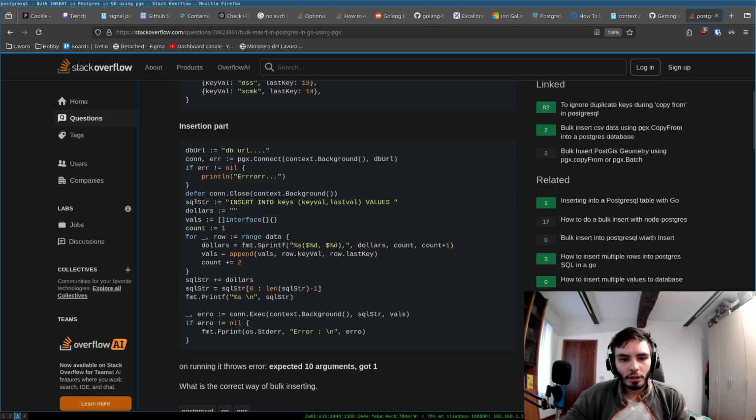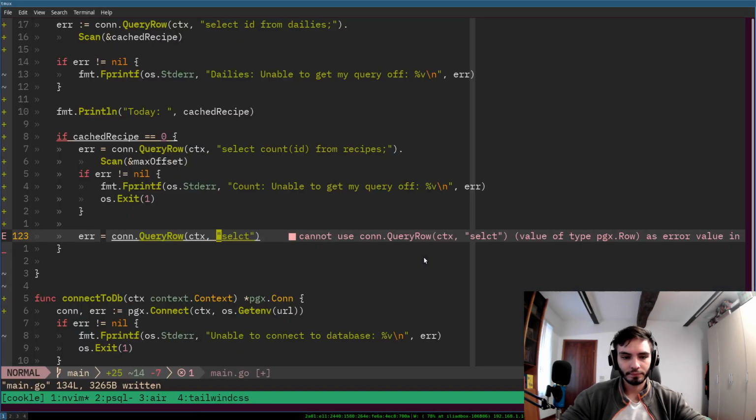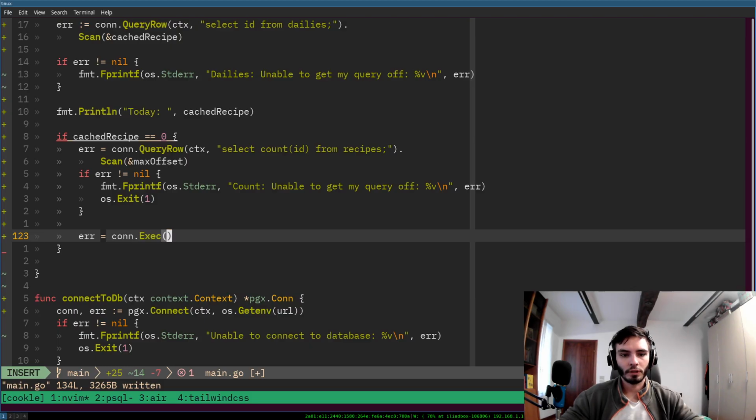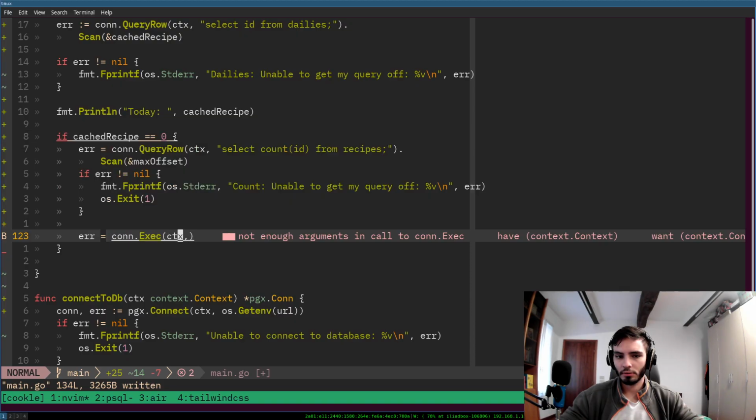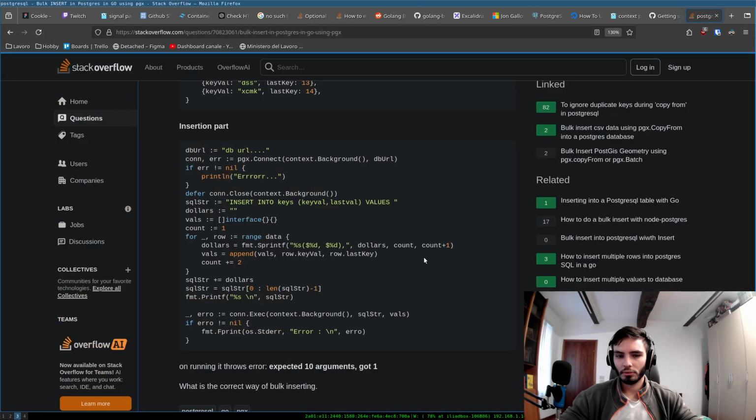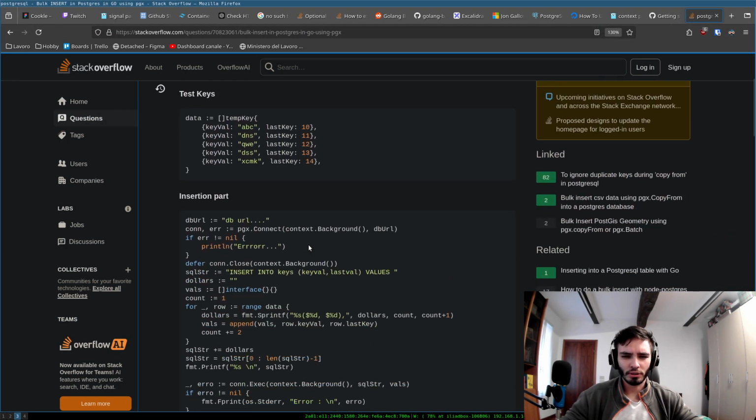Defer cross connections, query string, insert into keys values. Yeah, where is the insert going over here? Oh, exec. There it is. So I'm guessing it would still take the context and maybe an argument. The stuff was insert into